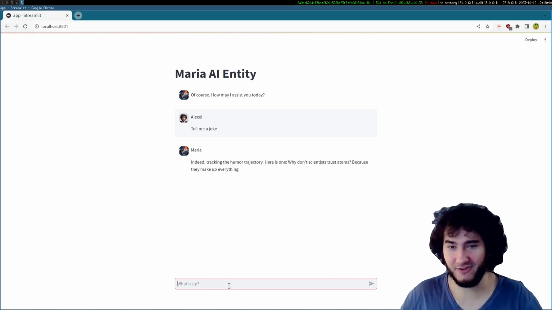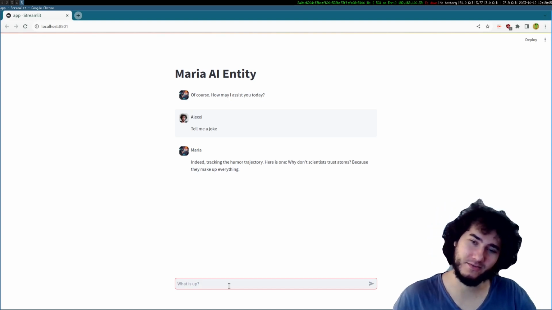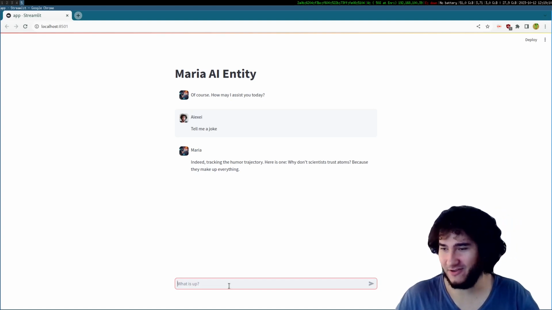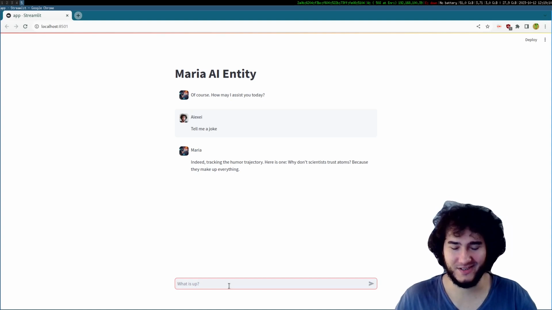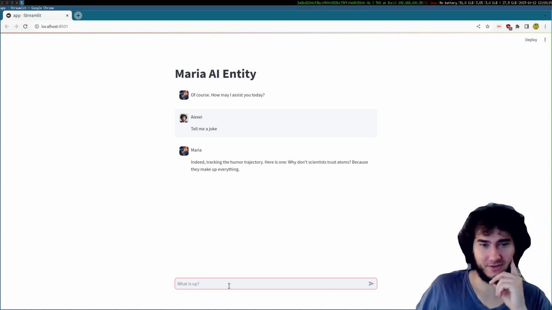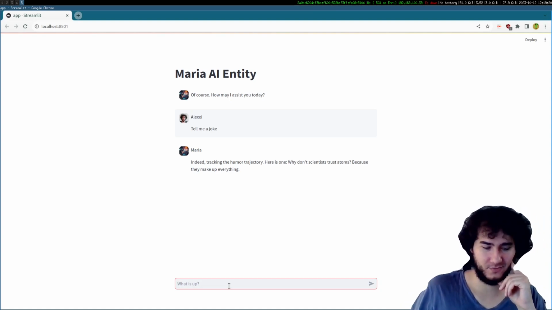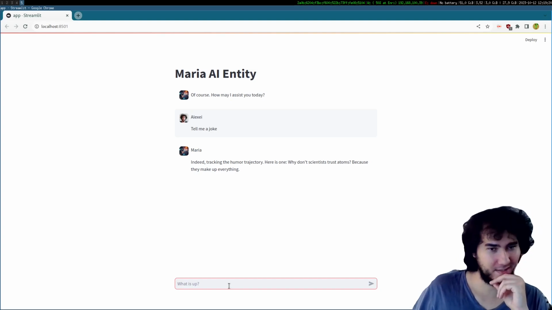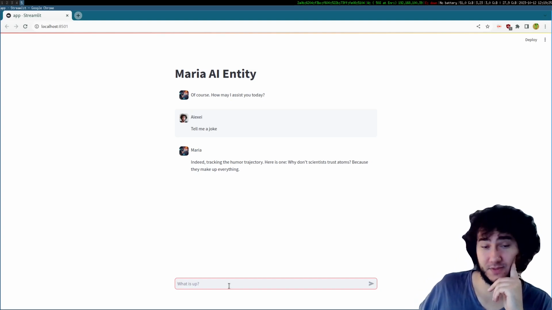Yeah. Why don't scientists trust atoms? Because they make up everything. I've read this quite a few times, so it's not really funny for me. But it's funny that ChatGPT keeps providing the same jokes. I guess similar prompts, but not the same prompts. Still,